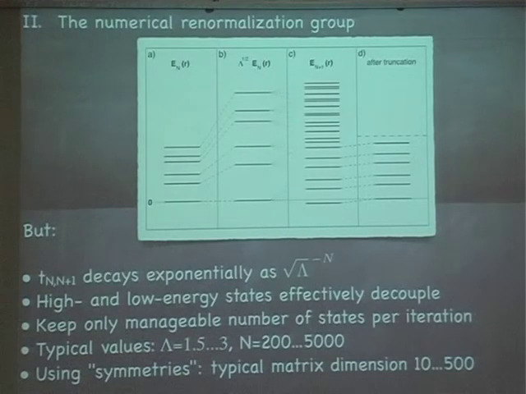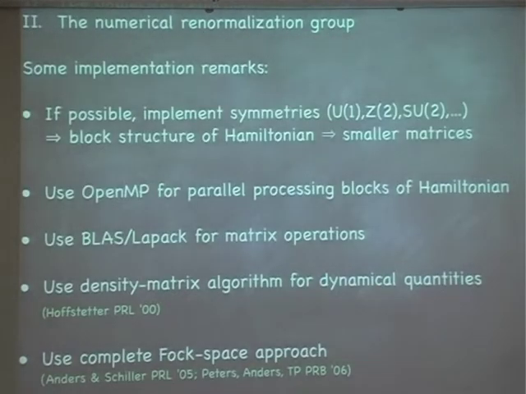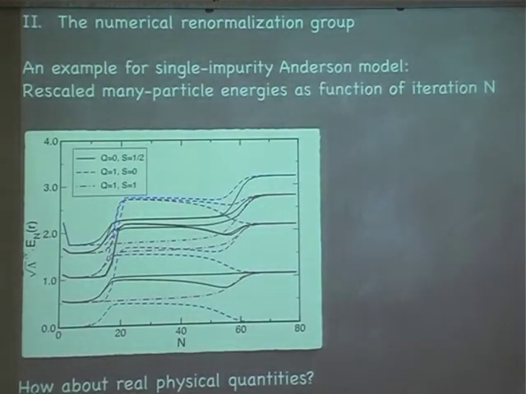Okay, so what you can actually do is you can also introduce symmetries that make life easier. So, implementation remarks, again, employ symmetries that give you smaller matrices. You should parallelize the stuff. That is very easy because you have block Hamiltonians if you have symmetries, and then you can use OpenMP to parallelize. Runs on 8 processes with almost linear speed up. You should use BLAS-LAPACK for matrix operations. You should always do that. They're optimized, they're stable. And there are some tricks of the trade you can actually read off from the review article I just mentioned. Now, what are the physics?